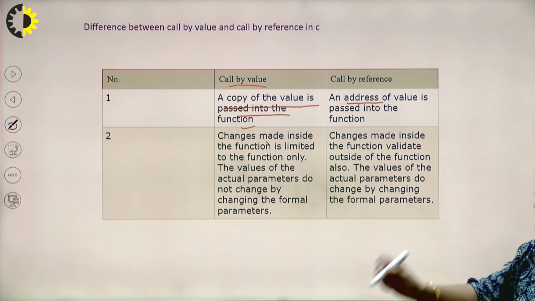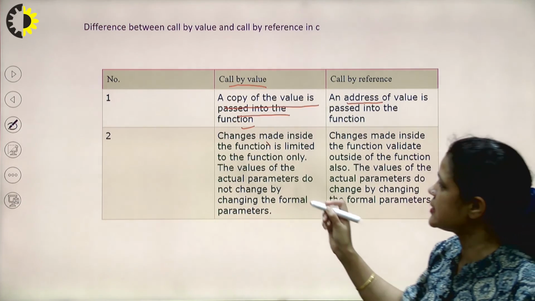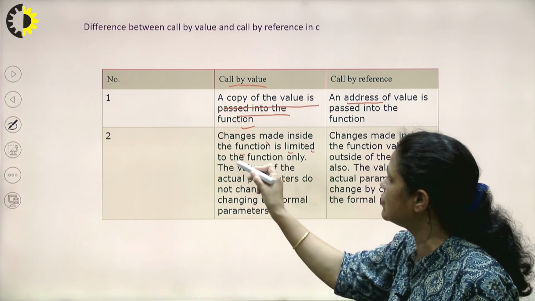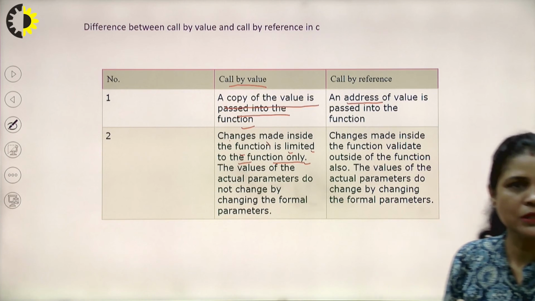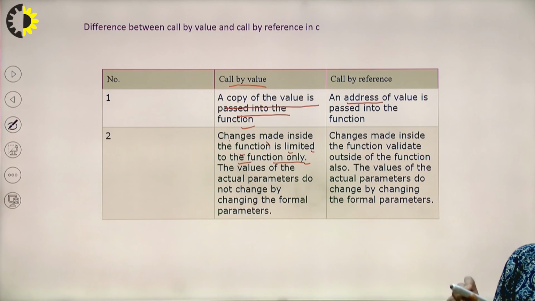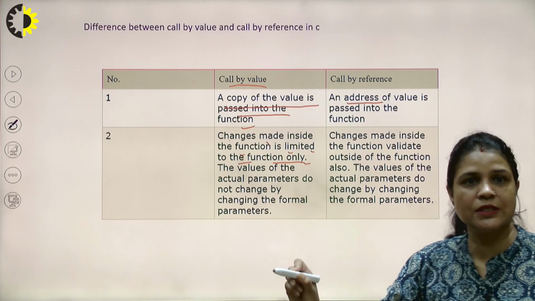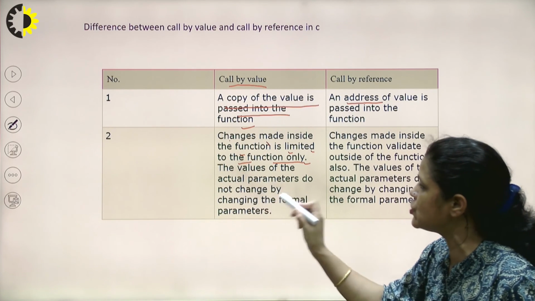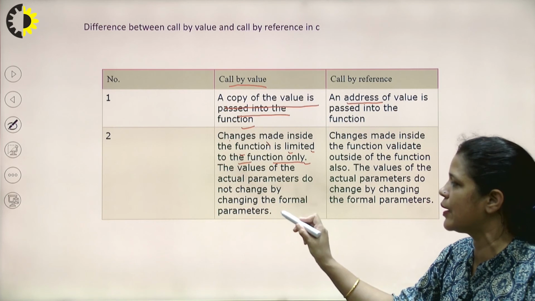The second and most important difference is that the changes made inside the function are limited to the function only, because we are working on formal parameters, and formal parameters are not changing actual parameters. So the value of the actual parameters does not change by changing the formal parameters.